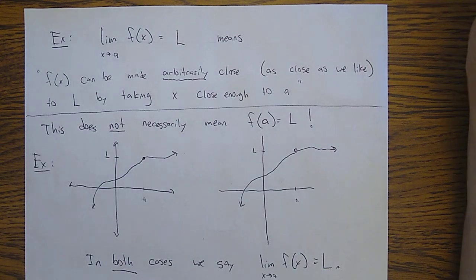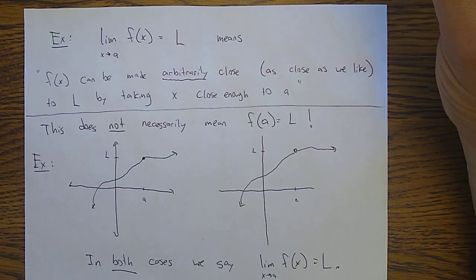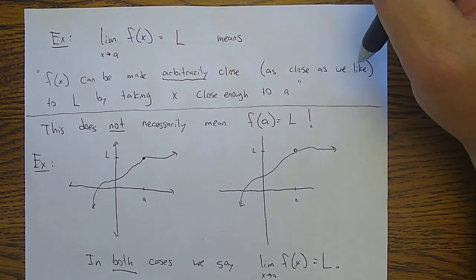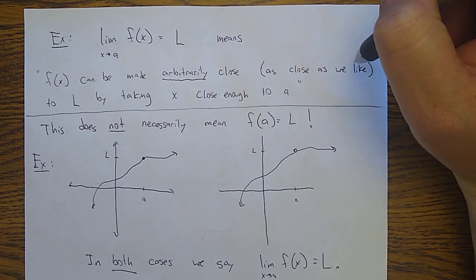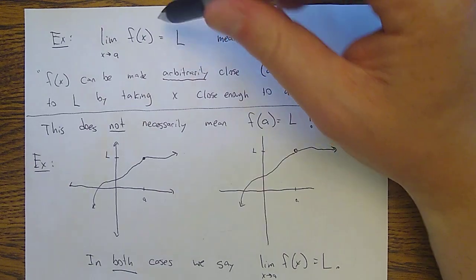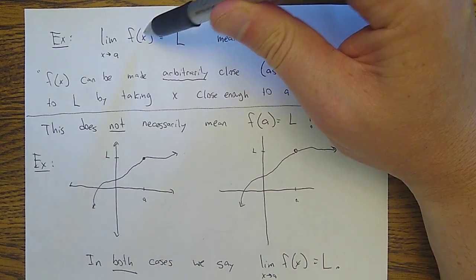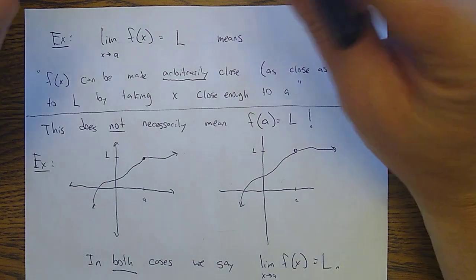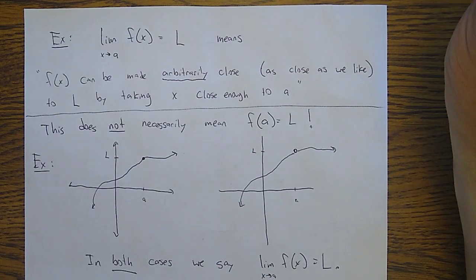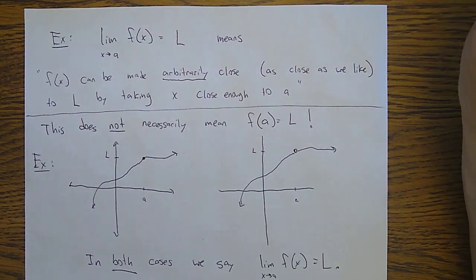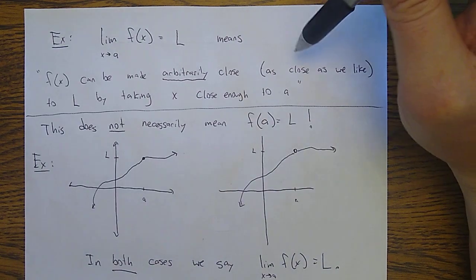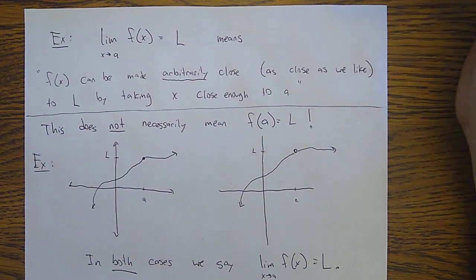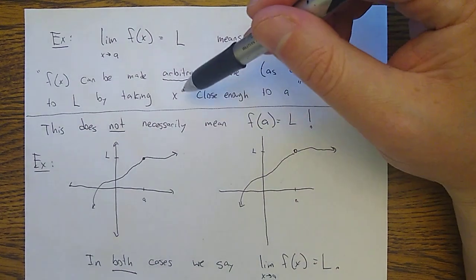Let me say that again. So what does this mean, as close as we like? What this means is you can tell me how close you want it to be. You can tell me how close f of x needs to be to L, and you can tell me as close as you want. You can say it needs to be within 0.1 or 0.01 or 0.00001, and no matter what you say, no matter what closeness you want, I can tell you, well, as long